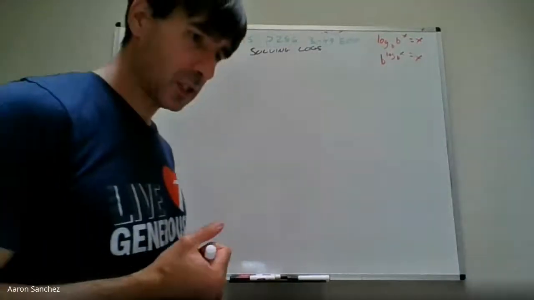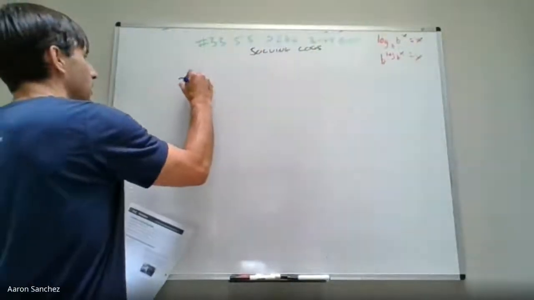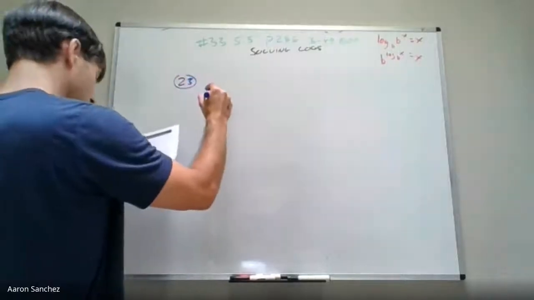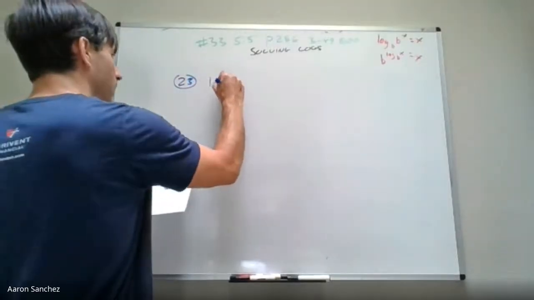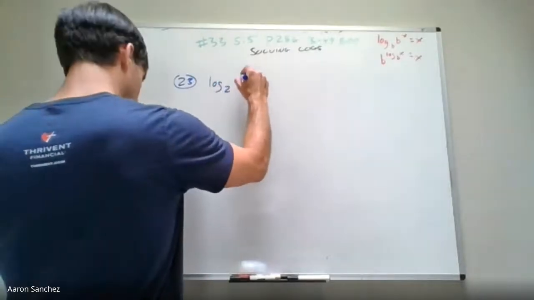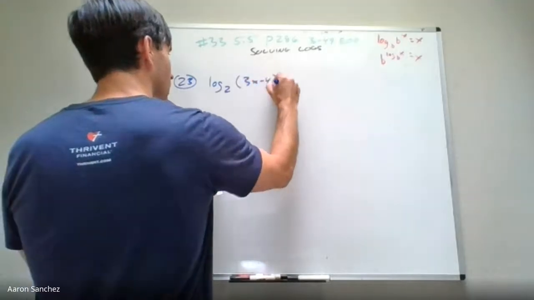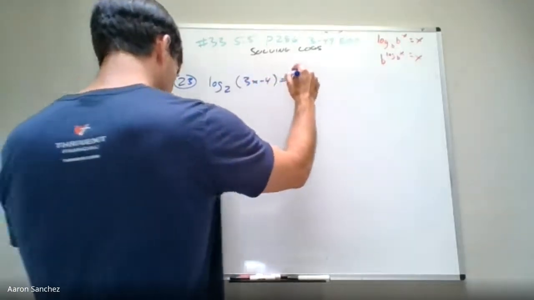So that was 19. So 21, 23. Okay, look at 23. I'm going to solve this very quickly. This will take less than 2 minutes. So stay caught up. Make sure you're awake. Log base 2 of 3x minus 4